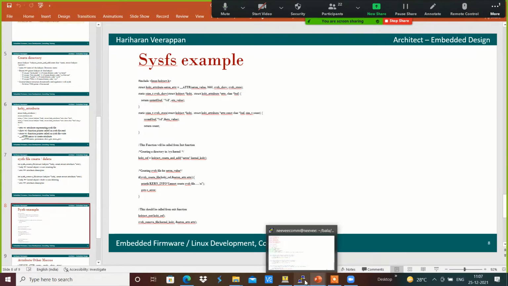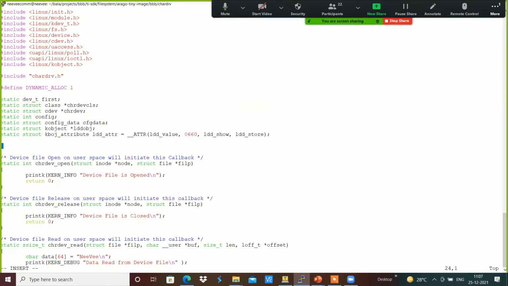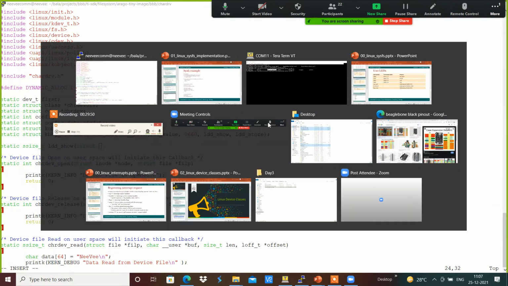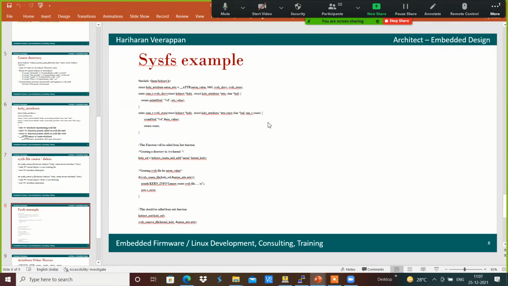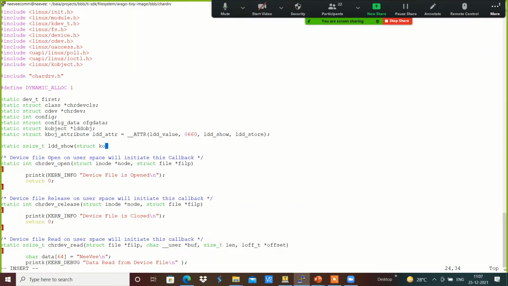For example, I am going to provide static ssize_t, which is going to be ldd_show. Inside that we are going to provide a struct kobject *kobj over here, and we have the attribute.